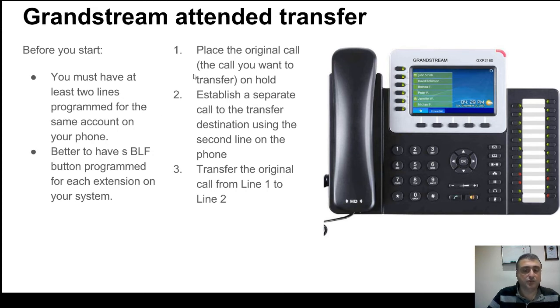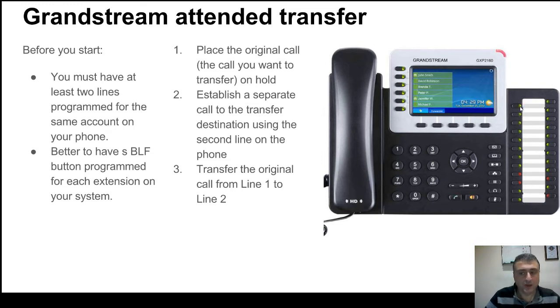So this phone receives a call, the person answers and says, okay, this is XYZ, I want to speak to John. So the first thing, you have to place the original call on hold. You hit the hold button, and with the Grandstream phone, this one here is the hold button. You press this one, you put the call on hold. Then this first line will turn red. Then you take the second line, which represents the same extension. You press this key and then